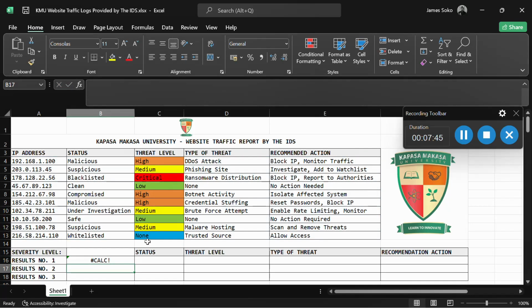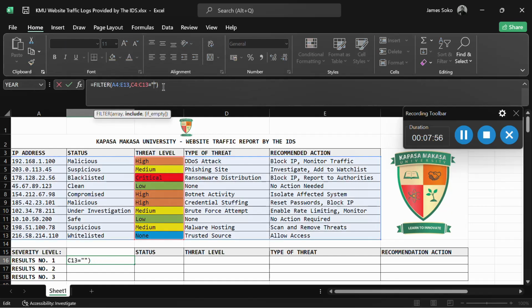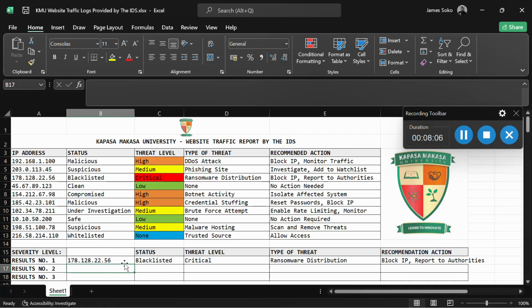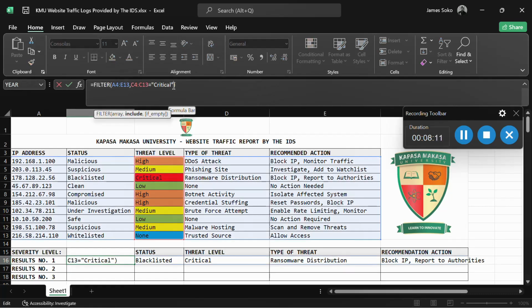Then when I press enter, we can see we have this error message indicating that a particular string wasn't found, but our formula is correct. So if I put in something which is valid, such as critical, because we can see that critical appears here, it will search for a string which is critical and it will give us the result, but it's not an error. Okay, so that comment we had, which was none, was just a comment to display to us if there's an error which we encounter. So this is a single value filter search.